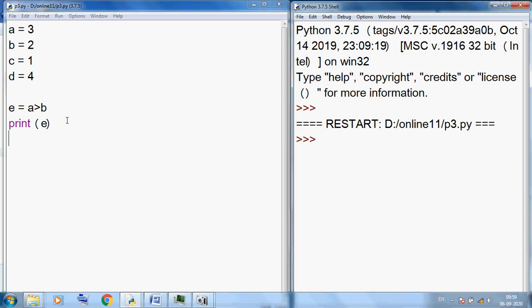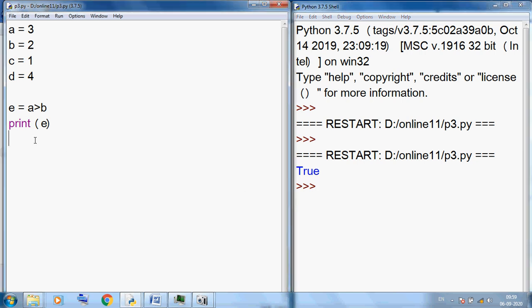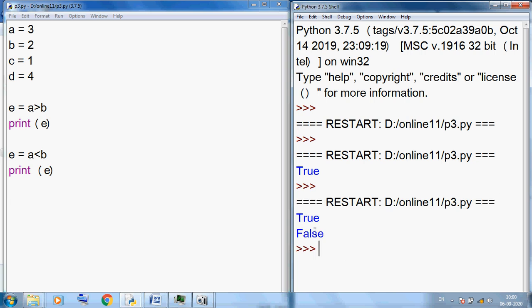Press F5, and the output of this program is True. Suppose I use E is equal to A less than B, and print E. What is the output of this code? A is 3, B is 2, and 3 is never less than 2, so this will give False. False will be stored in E, and we can display E.